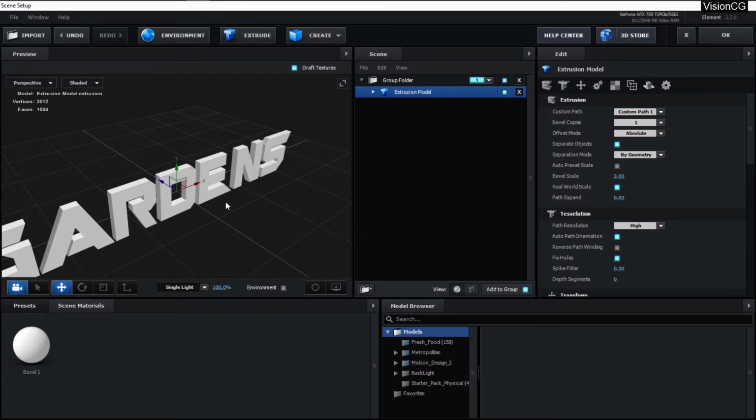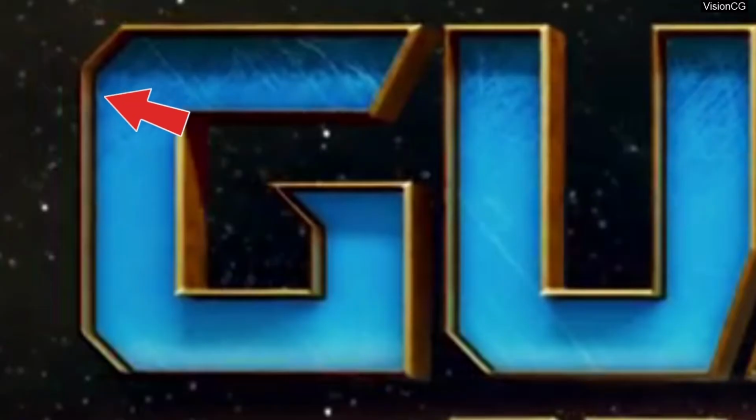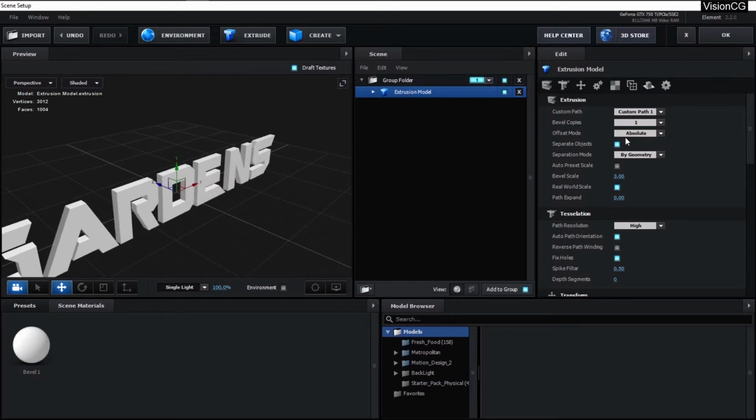So now let's focus on the text effect. If you see the original poster, you can see this type of look, like the outline is more extruded. To be simple, let's call this inner and this outer. We will try to achieve the same look in Element 3D. Select the folder and change the bevel copies to 2. Right now you don't see any difference because both the bevels are of the same size and at the same position, basically overlapping each other. So we will